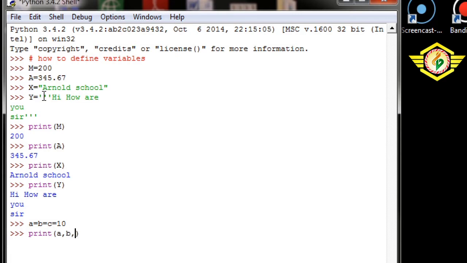Suppose I want to store a single value in different variables: a equal to b equal to c equal to 10. When I get the printout, each variable will be 10, the value will be stored in each variable. If I want to store different values in different variables, I can write x, y, z equal to 10, 20, 30.